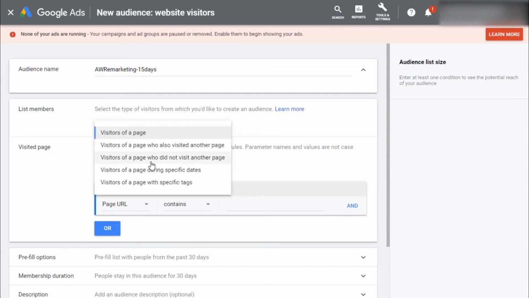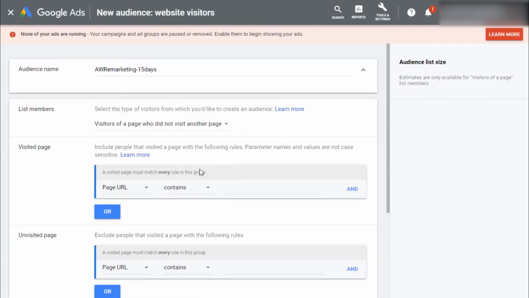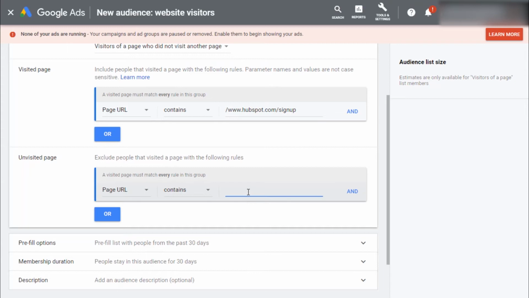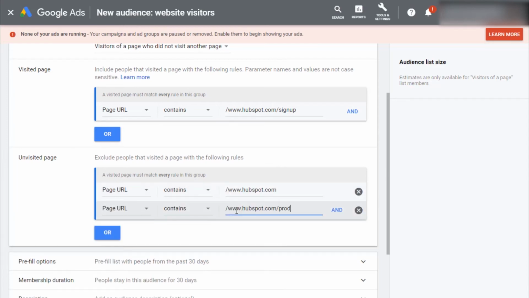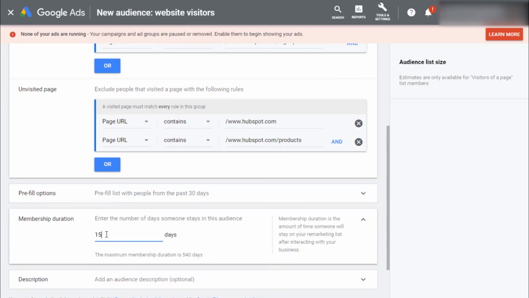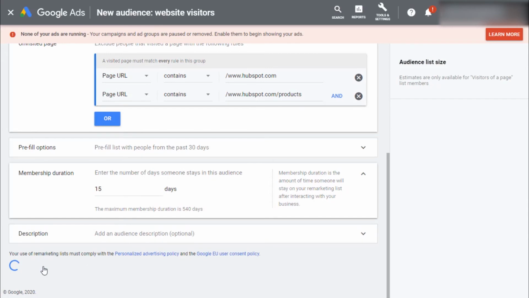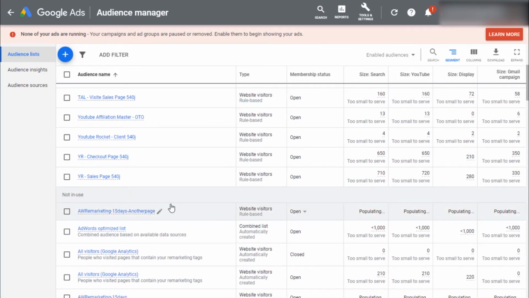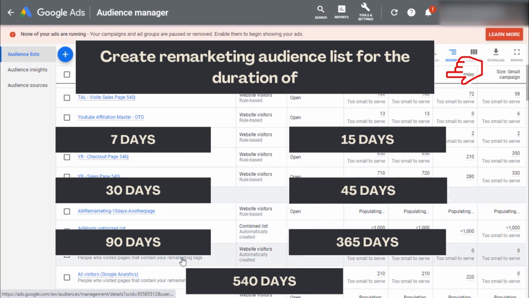Say, for example, visitors of a page who did not visit another page. So say they visited the page www.hubspot.com sign up page, but they did not visit the main page, that is www.hubspot.com, and they did not visit products. Here the membership option would be for 15 days. Create an audience. I would be doing the same thing for 30 days, 45 days, 60 days, 365 days, and